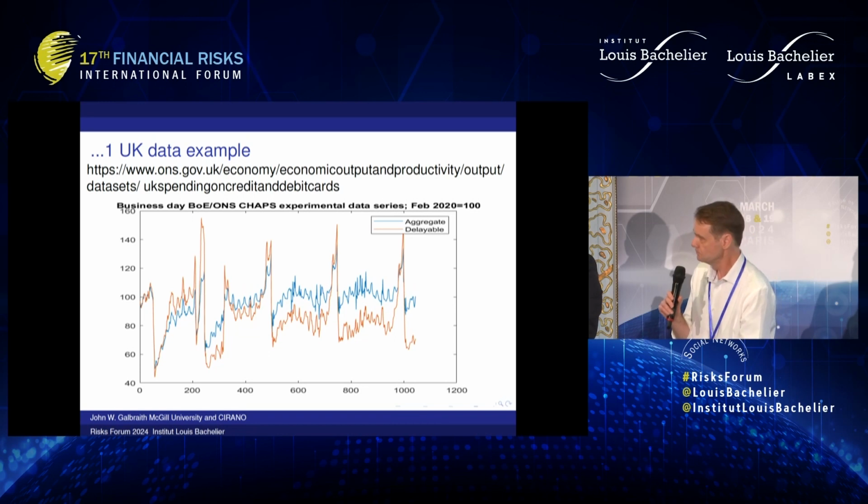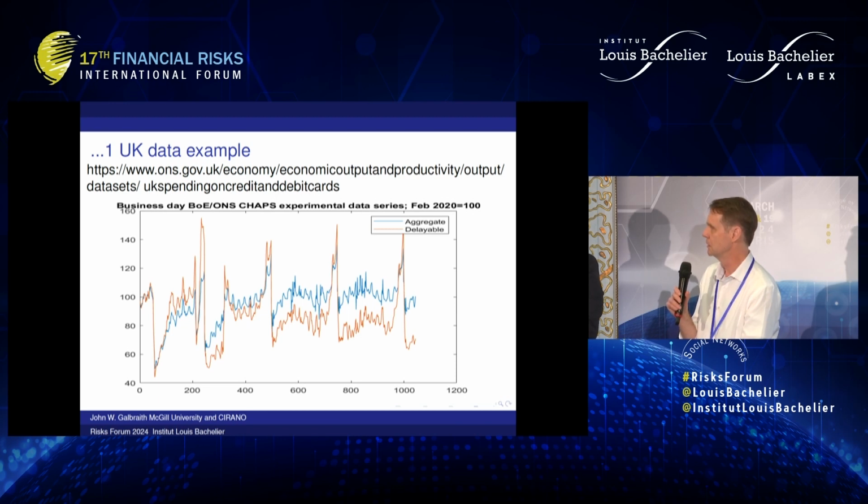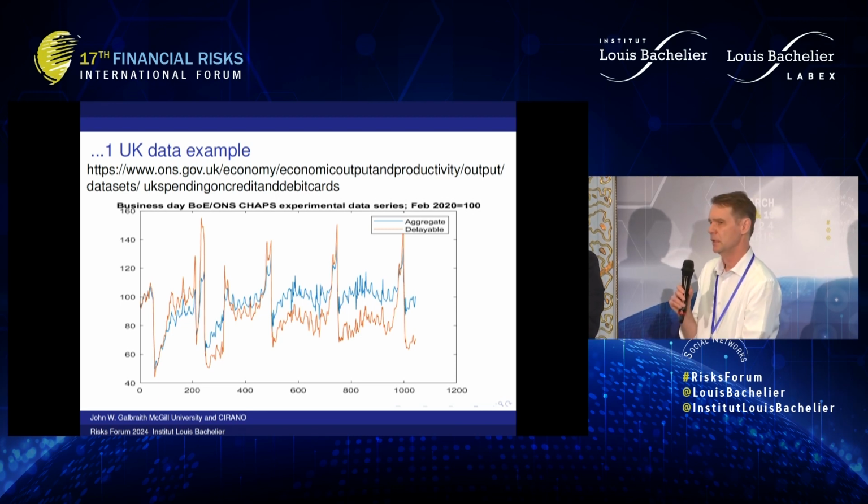So I'm just going to give a simple example of what the Bank of England has called, I think they still call, some experimental data series extracted from debit and credit data in the UK. They've reduced these now to, I think, 3 series, but they're still reporting. There were a couple of other subdivisions that I believe they've dropped. But the point here is simply that this is just an aggregation to a time series or a small set of time series that are going to be used with model types that we've used in other contexts. So these can be used with regression models, with mixed frequency MIDAS models, with neural network models.